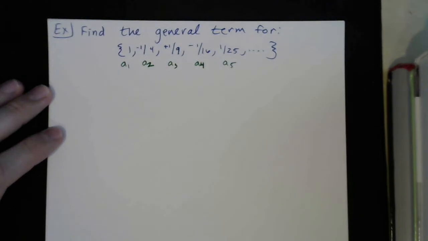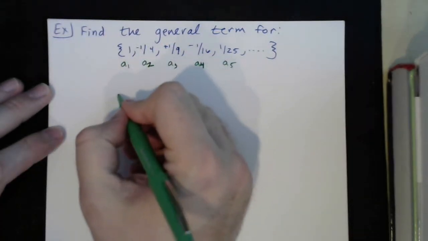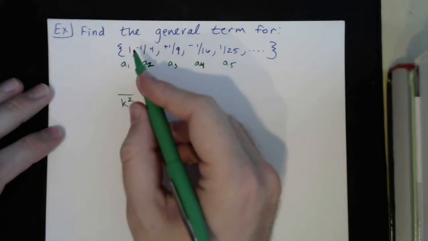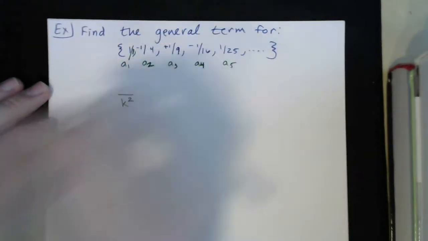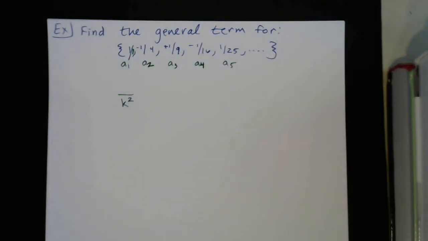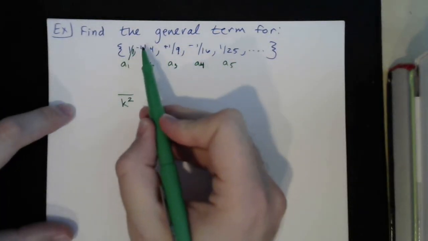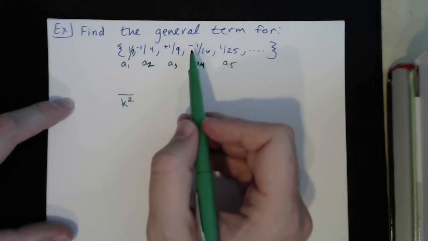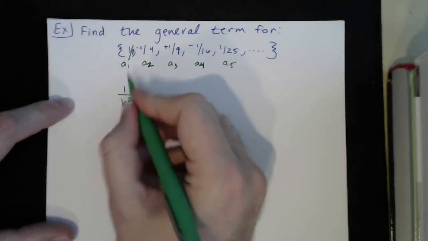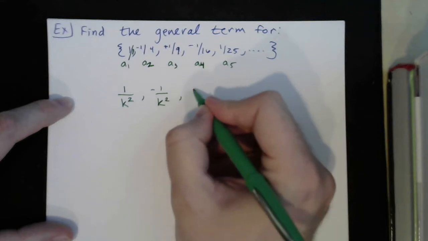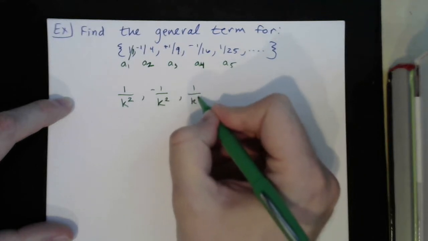So most of you probably noticed that we have 1 over k squared for each of these. And you can think of 1 as 1 over 1 squared if you want to. And then here we see we go positive, negative, positive, negative. So we know that it's an alternating series. It's 1 over k squared, then -1 over k squared, then 1 over k squared,